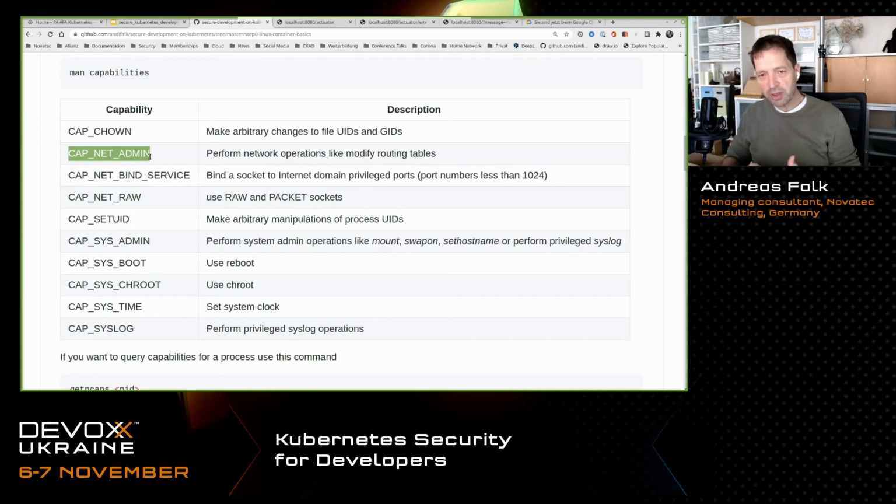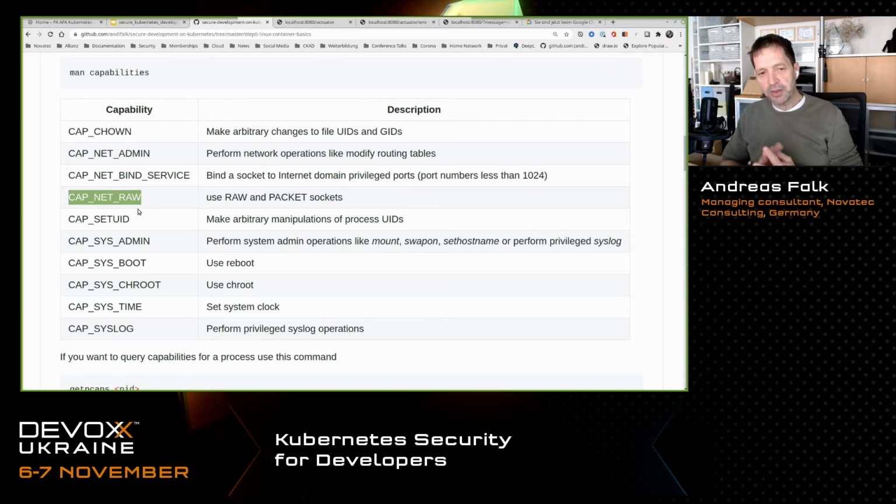So you can also modify routing tables. That is, for example, a typical capability used by service mesh frameworks like Istio, because they want to modify routing tables, so they need cap net admin as a capability. Then you have cap net bind service, as I've shown already.